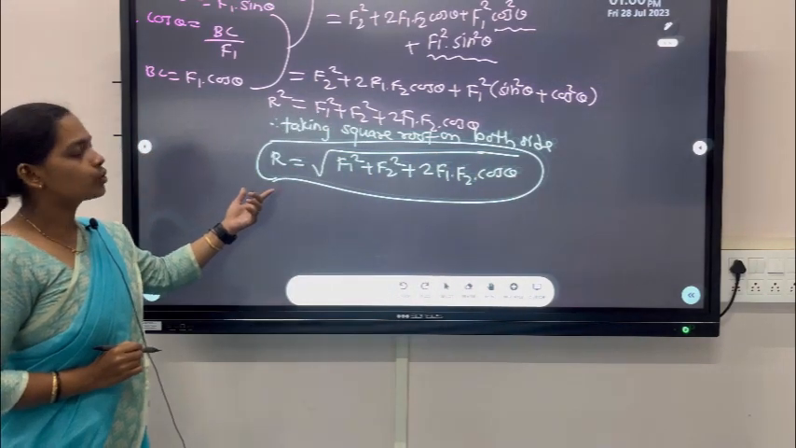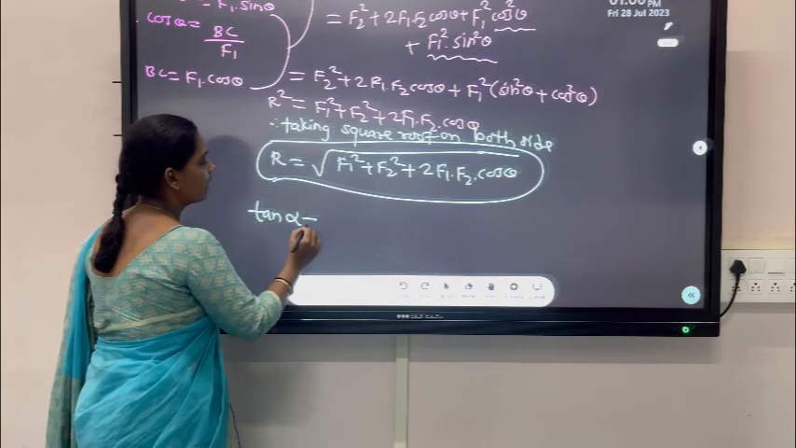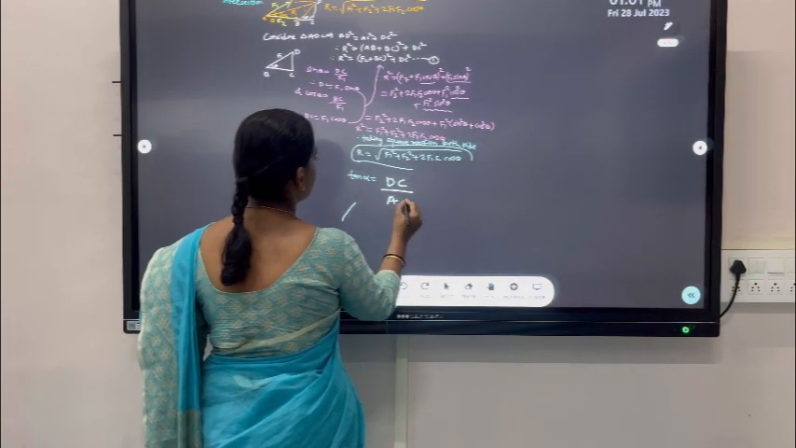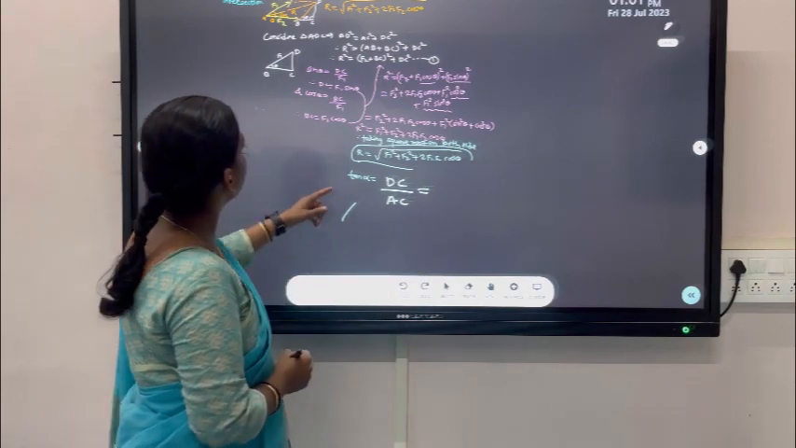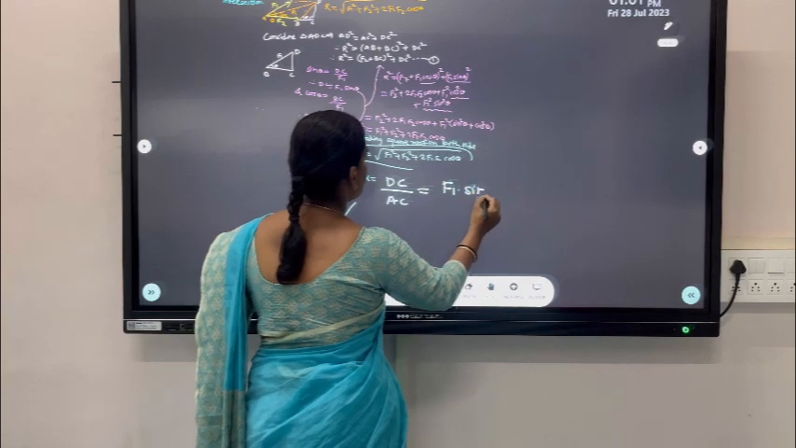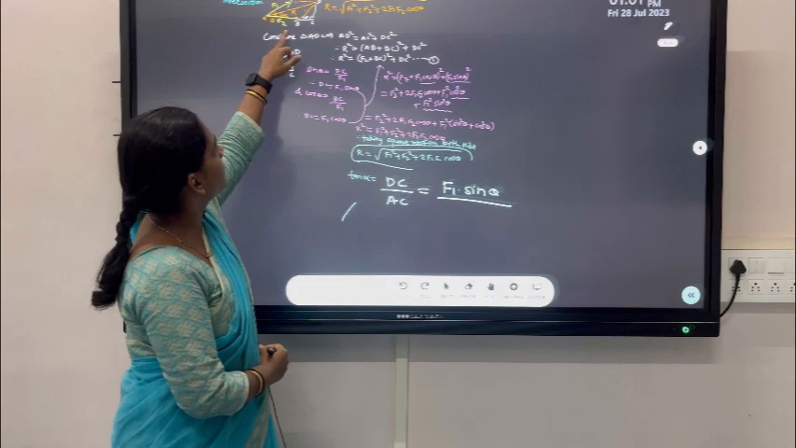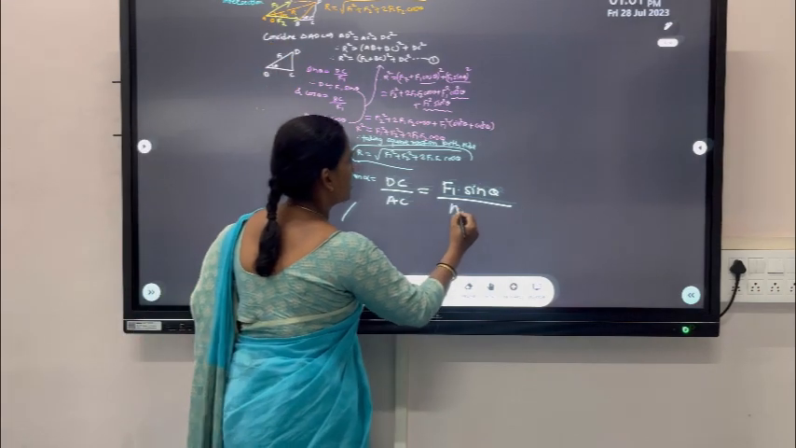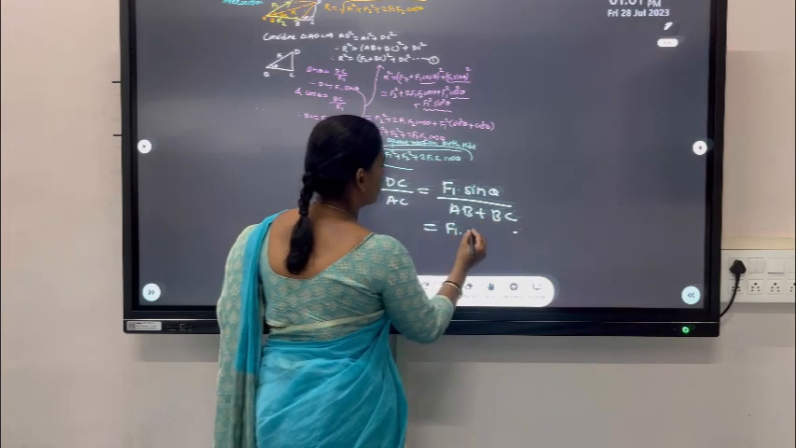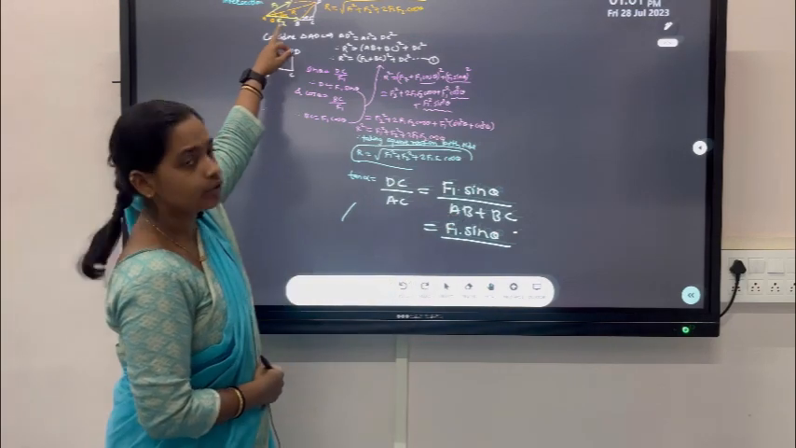Now we can also calculate tan of alpha. Tan of alpha is equal to DC divided by AC. Okay. But instead of DC, what may I write? F1 into sin of theta divided by, instead of AC, it is the sum of AB plus BC. Okay. AB plus BC is equal to F1 into sin of theta divided by, instead of AB, what may I write? F2